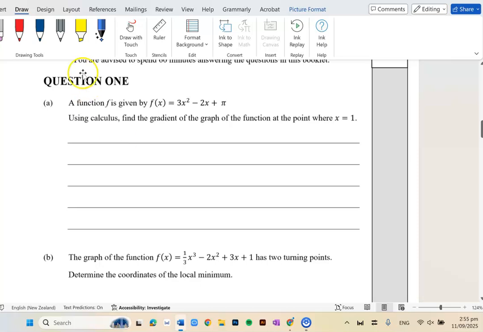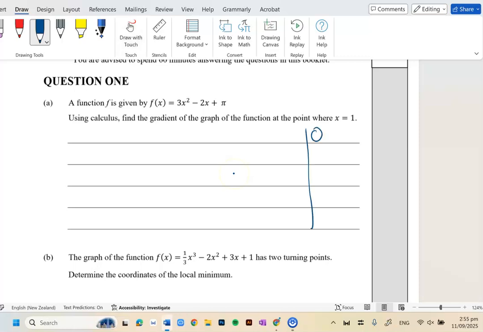So, question 1. A function f is given by f of x equals 3x squared minus 2x plus pi. Using calculus, find the gradient of the graph at the point where x equals 1. Alright, this question is extremely easy. It's usually the first question of every exam, this sort of find the gradient where you're given an x coordinate. So all you have to do is two things: derive and then just plug in